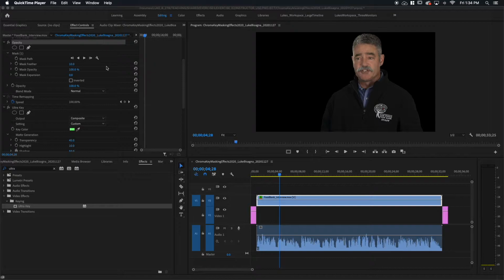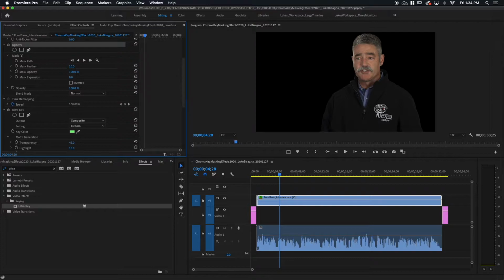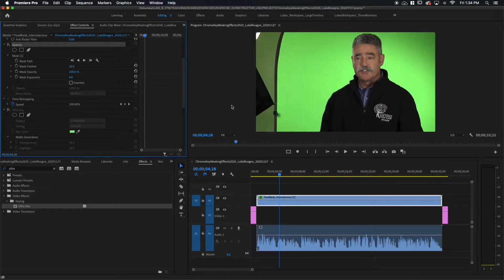In this final lesson in the chroma key masking and effects process, we're going to actually insert some images behind our interview subject here that have to do with what he's talking about. So let's give you a little background on what's going on here. Basically, I want to tell you a little story. I'm going to turn off the effects here and tell you why we got to this situation.